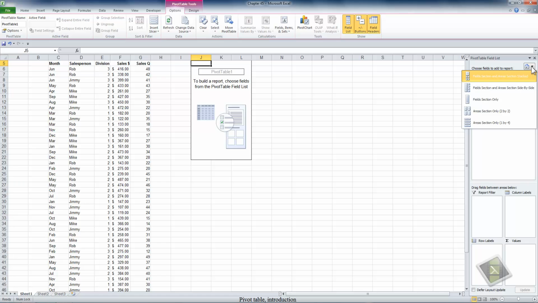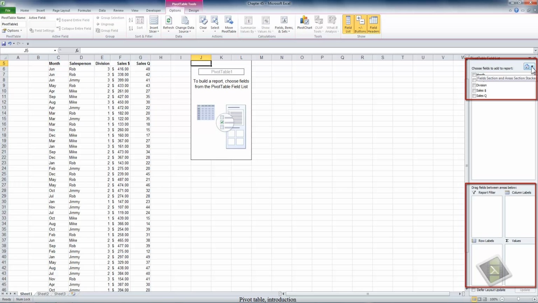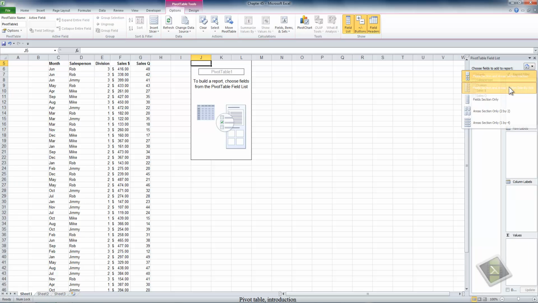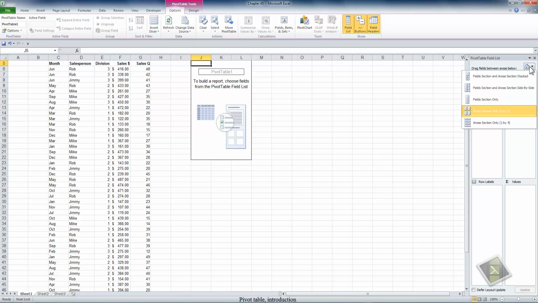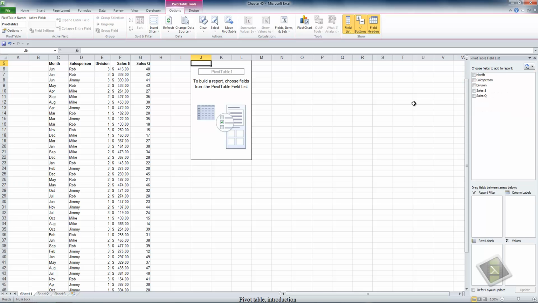We also have some options as to how we display the pivot table field list. On this drop-down menu, the default is the selected option, where on the top we have the list of fields, and below the list of fields we have the drop zones. But we can rearrange this by having the list of fields on the left side and the drop zones on the right. We can have just the field selection options. We can have just the drop zones, and we can have the drop zones listed in a different order. But I'm going to go back to the standard display